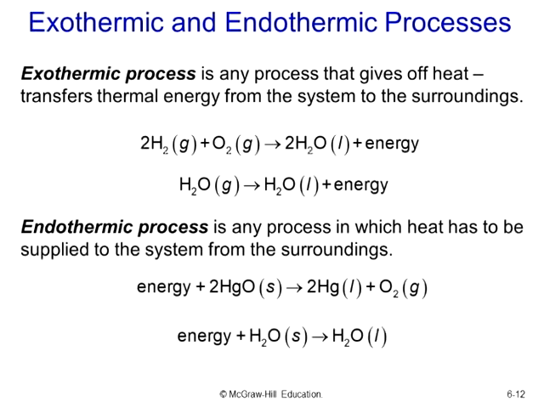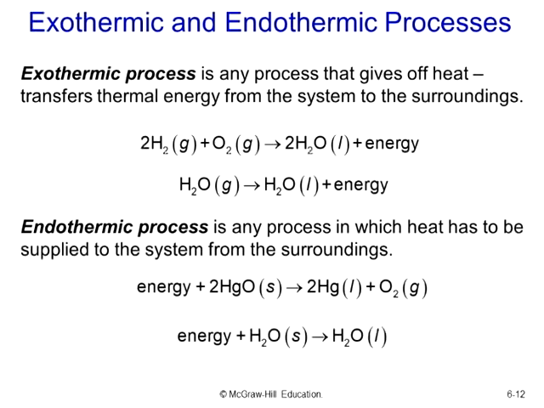The next exothermic process is when water gas goes to water liquid. Energy is released. In other words, water gas has higher energy, or is at a higher energy state, than water liquid. Steam has more energy in it than water. And when the steam cools, it releases energy to the environment. That energy in a balanced chemical equation is written on the right side. Therefore, it is an exothermic process.